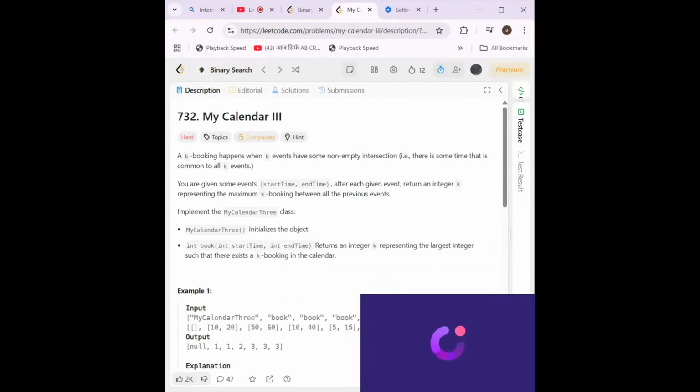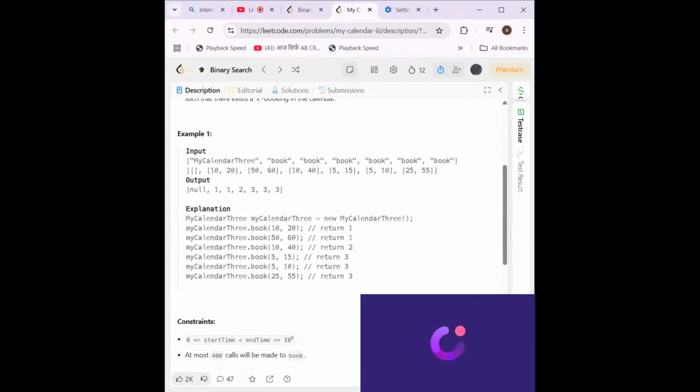Okay, the booking happens when k events have some non-empty intersection. You are given some events, start time, end time. After each given event, return an integer k representing the maximum k-booking. Here the example is